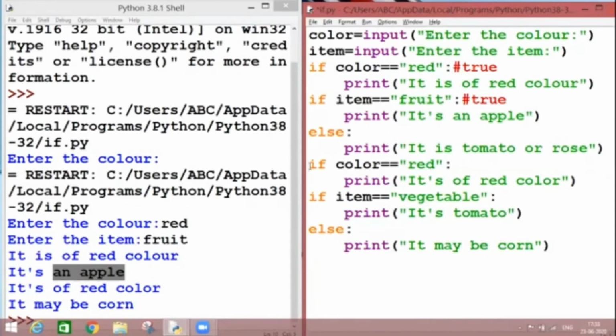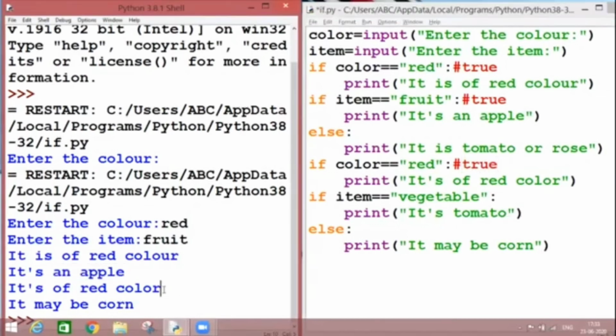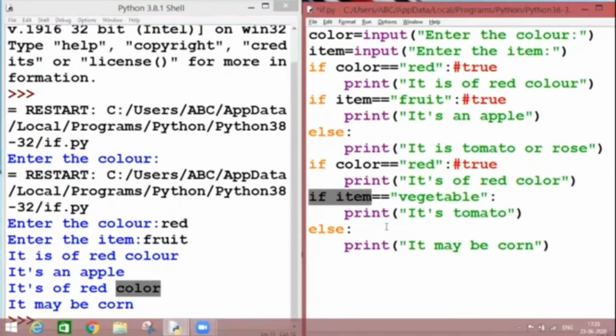After this, I'm getting one more condition. If color is equal to red, again I'm getting the condition as true, so again it is printed, it is of red color. Then one more condition is there, if item is vegetable, but the condition becomes false in this case because my item is fruit.